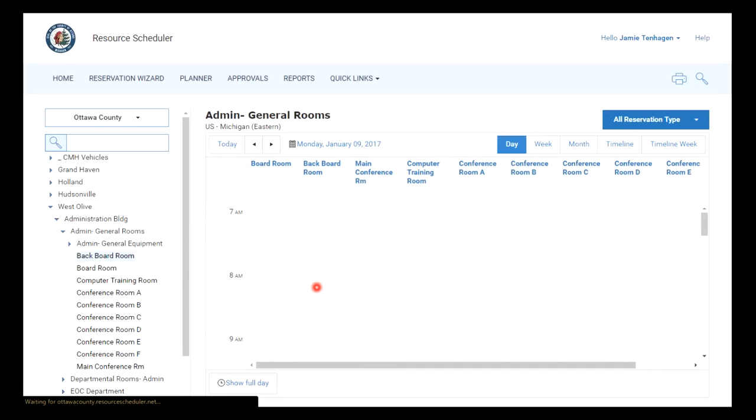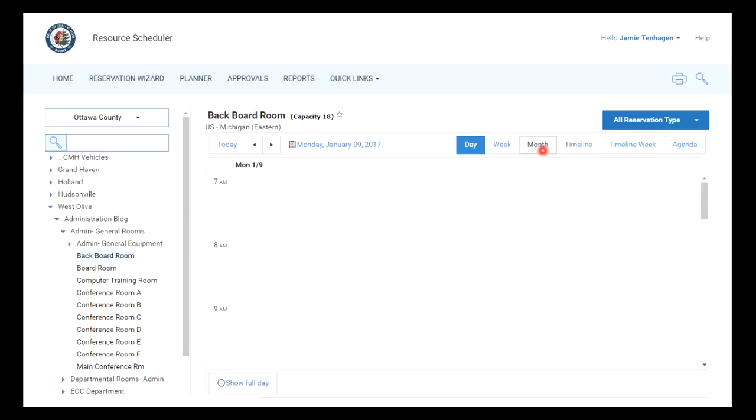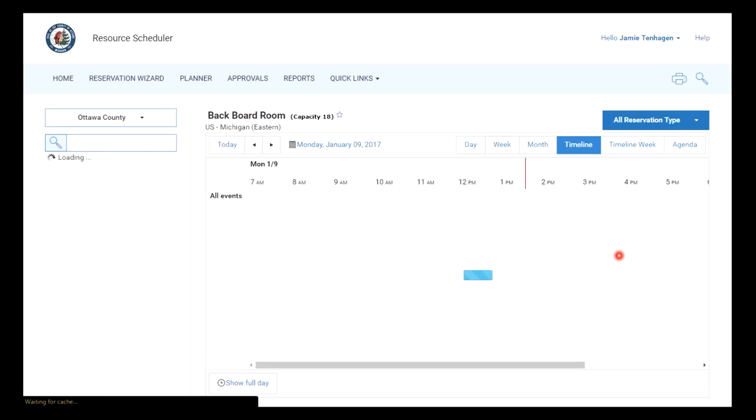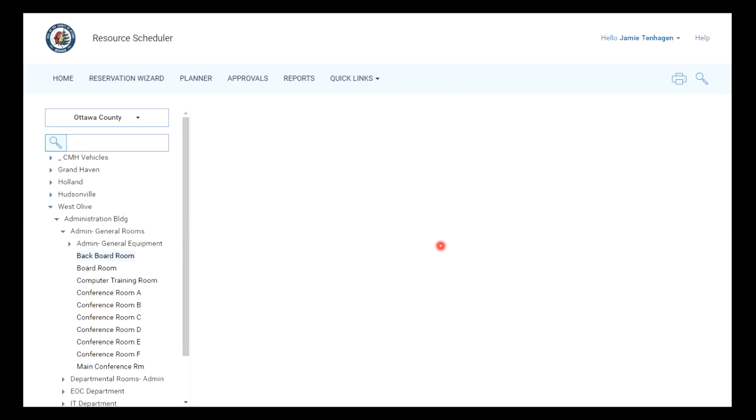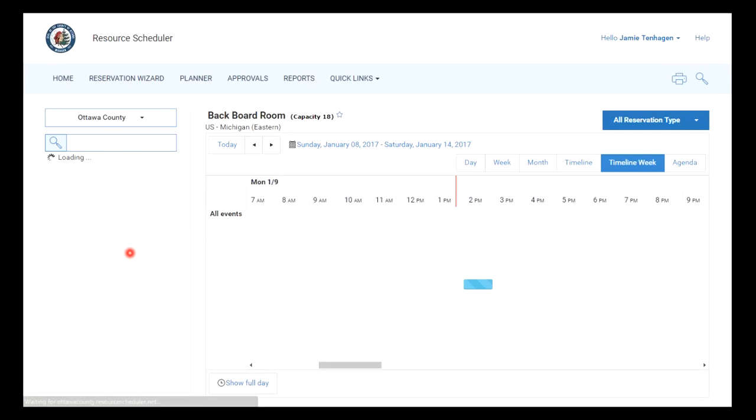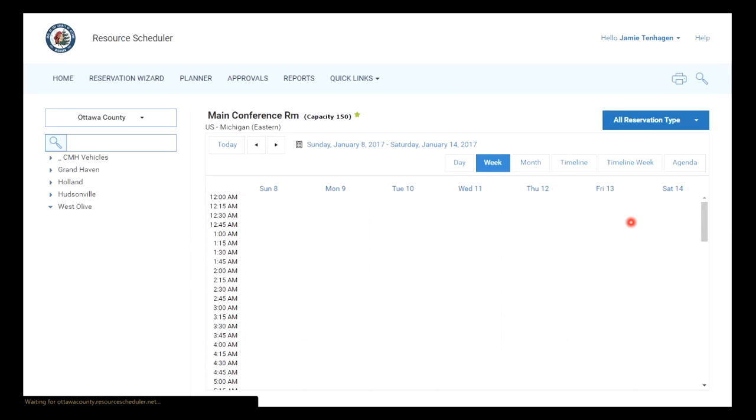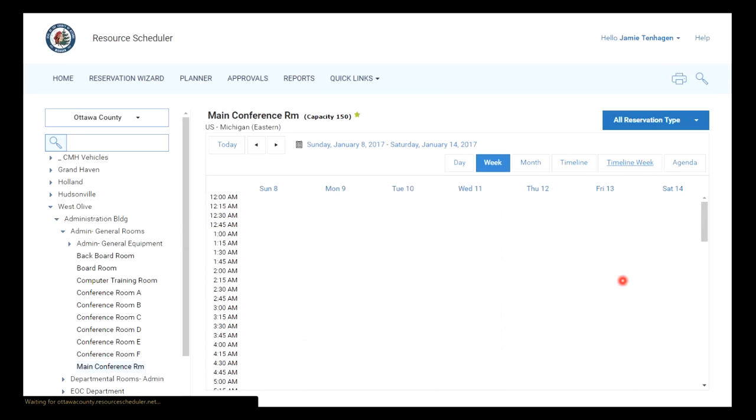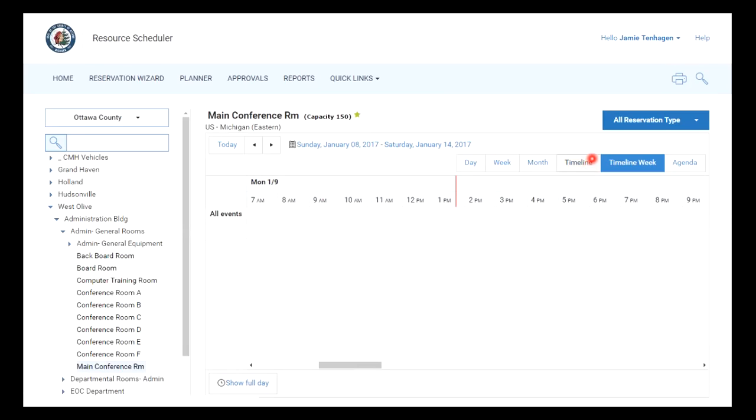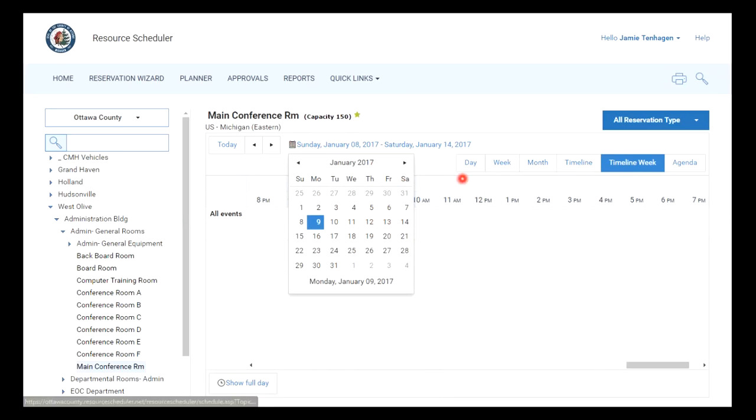I can click on a particular room and I can look at it in different formats. Let's go to a busy room. So each one of these areas that you're clicking on, you're able to see what's taking place, if there's reservations for that entire week, because I'm in the Timelight week, that entire day. So it will just give me a different view